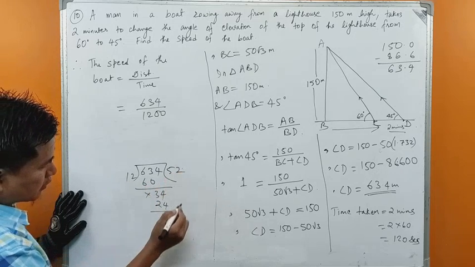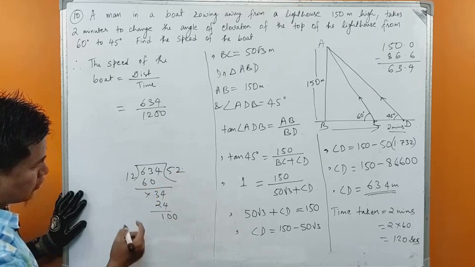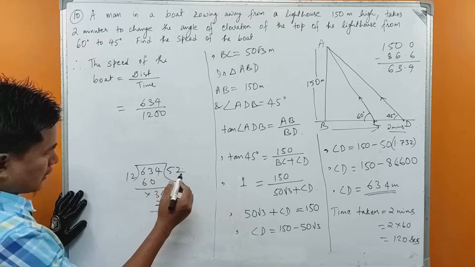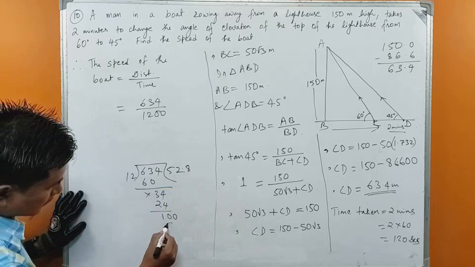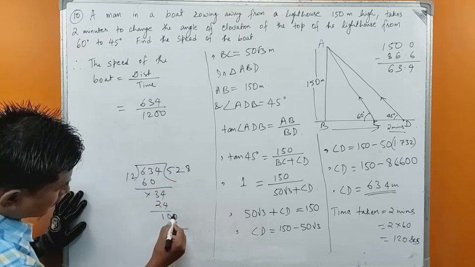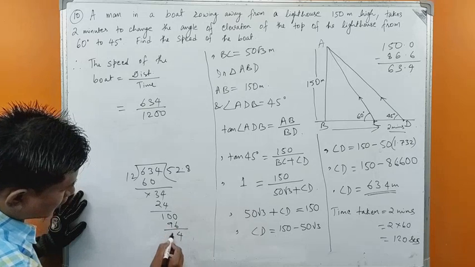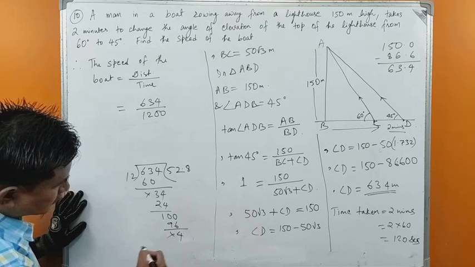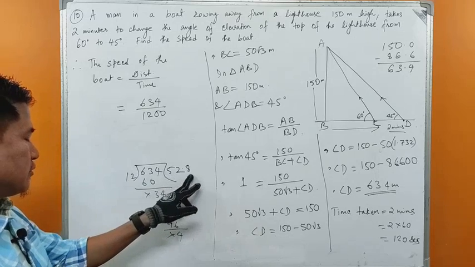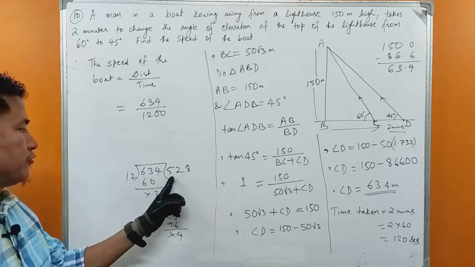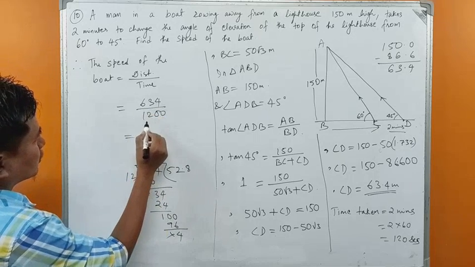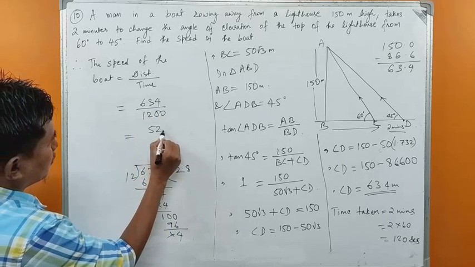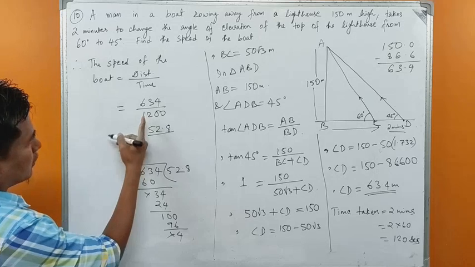We need to put a decimal point here. 0. 12 8s are 96, isn't it? So 10 minus 6 is 4. And this becomes 9. 9 minus 0. So this continues, isn't it? So 52.8, divided by this 12 is gone, but